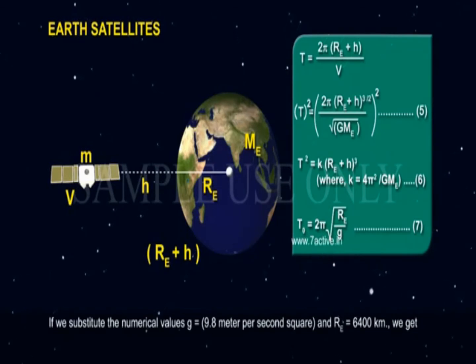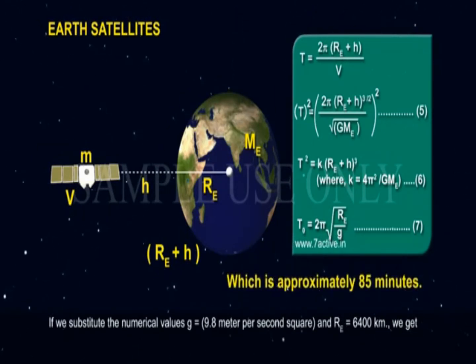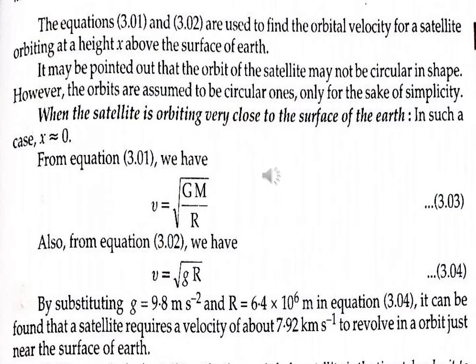The acceleration due to gravity of the surface of the Earth is given by g is equal to GM upon r square. So equations 1 and 2 are used to find the orbital velocity of the satellite orbiting at the height x from the surface of Earth. Cross multiply, GM is equal to g r square. So putting the value of GM in the equation of velocity, v is equal to under root g r square upon r plus x.